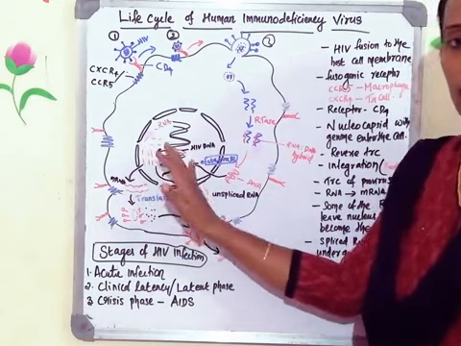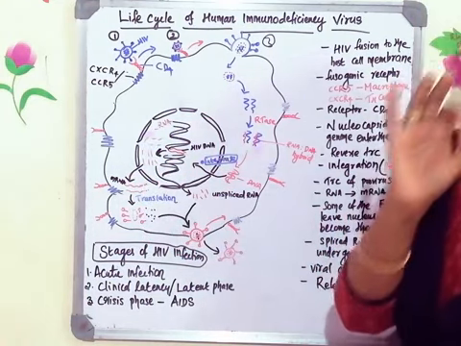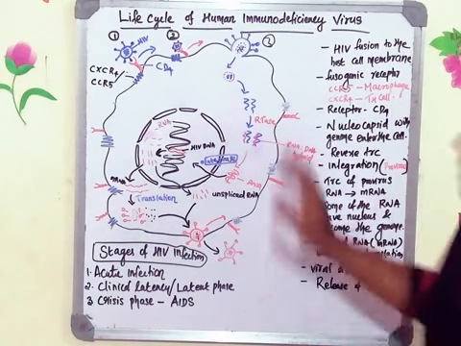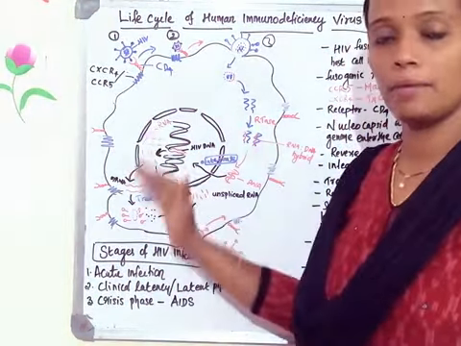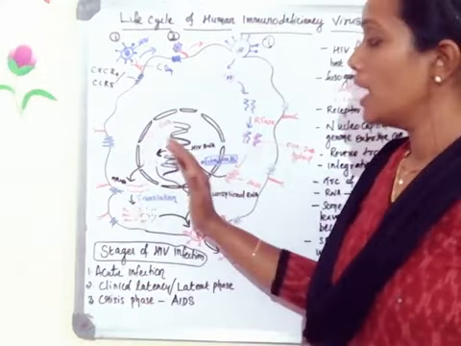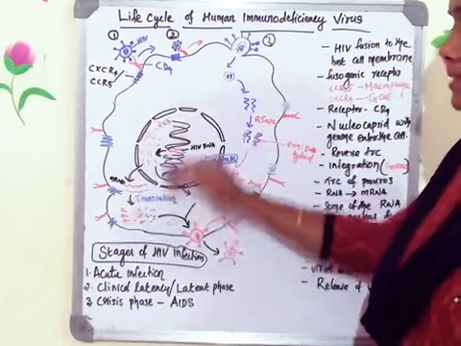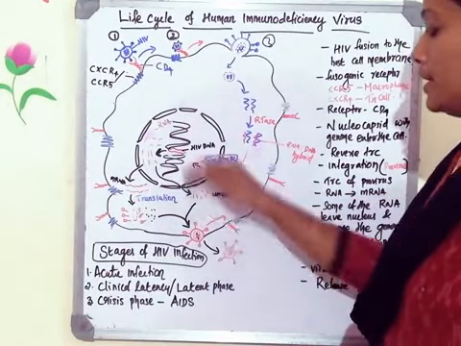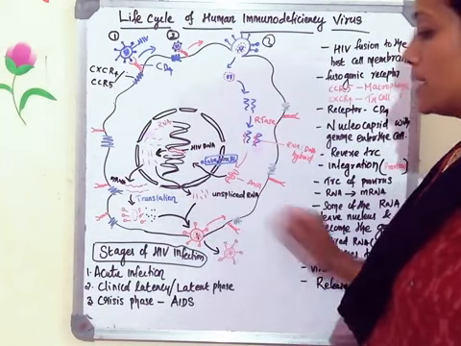Imagine that there are 100 RNA. This is just an example. Please don't write 150 and all. I am telling this to make you people understand. Imagine that there are 100 RNA. Out of 100, 50 will enter for the RNA processing and mRNA will be formed. The other 50, without entering into the splicing mechanism, leave the nucleus and come out of the nucleus. Okay, this is the unspliced RNA.